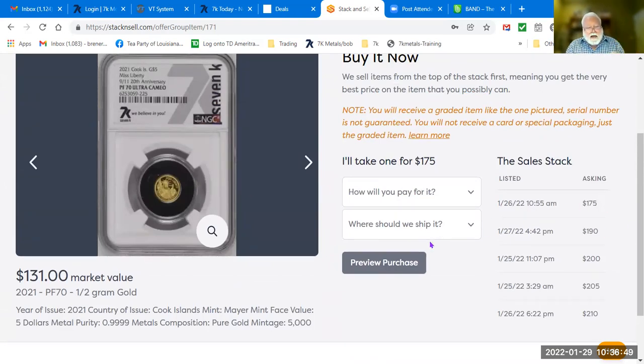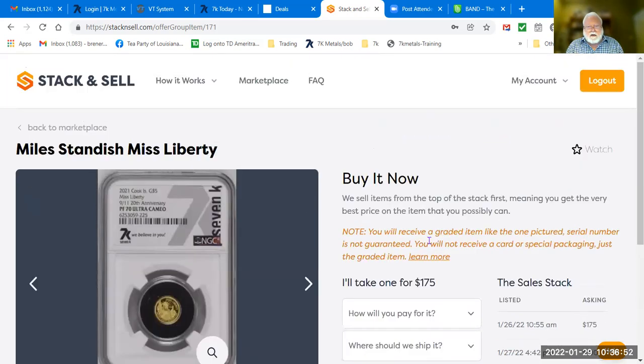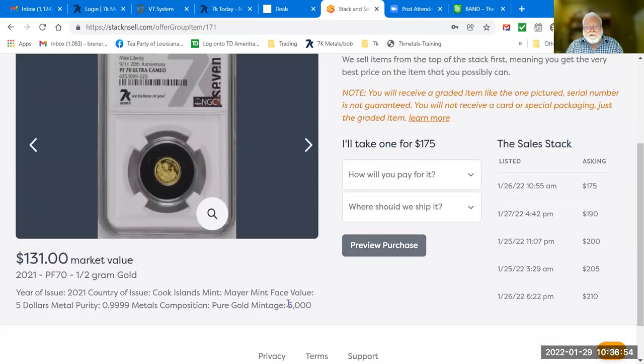175, not bad, okay. Only 5,000 of these were minted. So now this is the highest mint production of any of the Lady Liberty coins, because